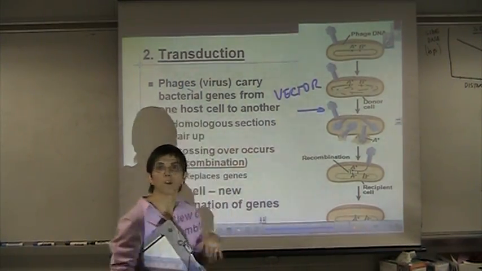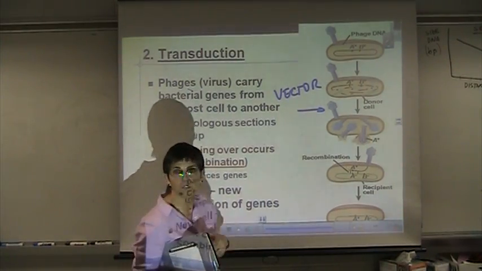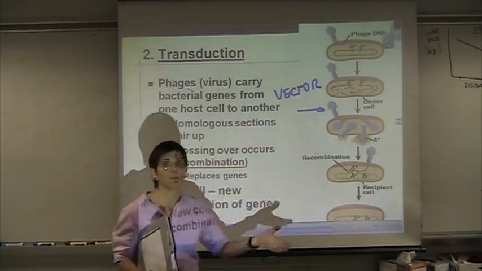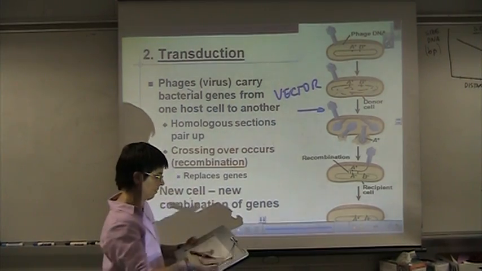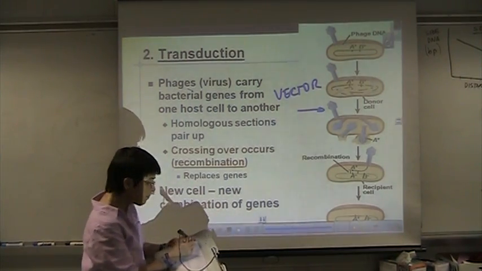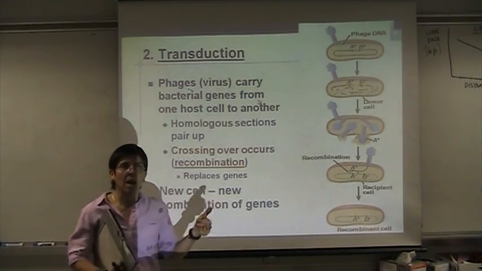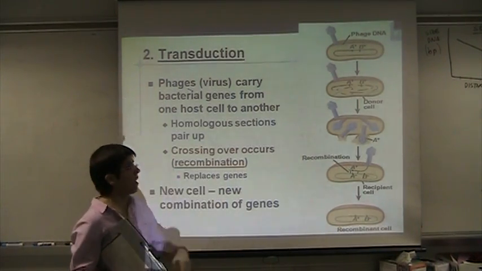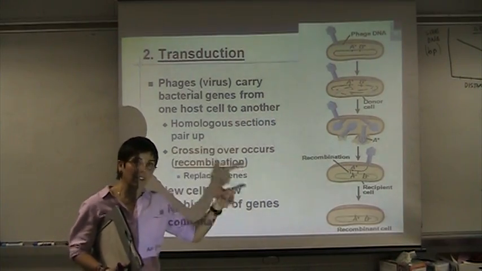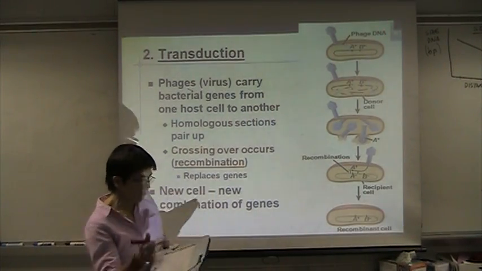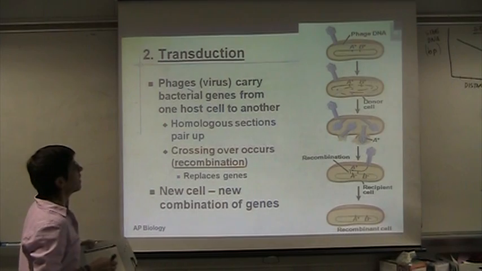Mosquitoes are also vectors for malaria. Mosquitoes do not suffer from malaria, but we do when the mosquitoes give us the protozoa. Good? So we had transformation and we've had transduction. Transduction accomplished by a virus. The last one